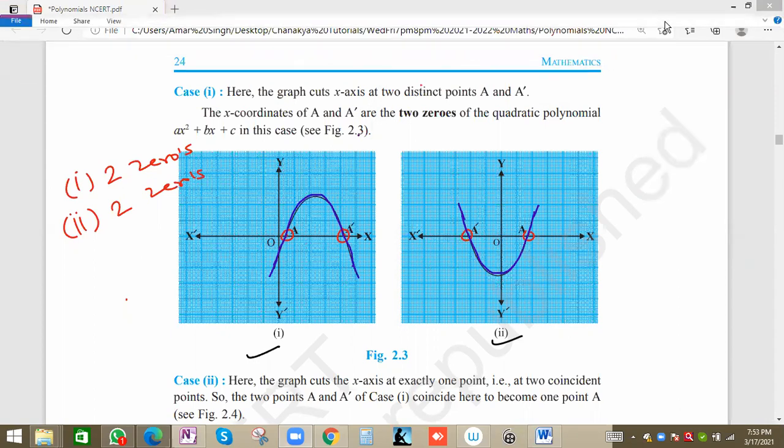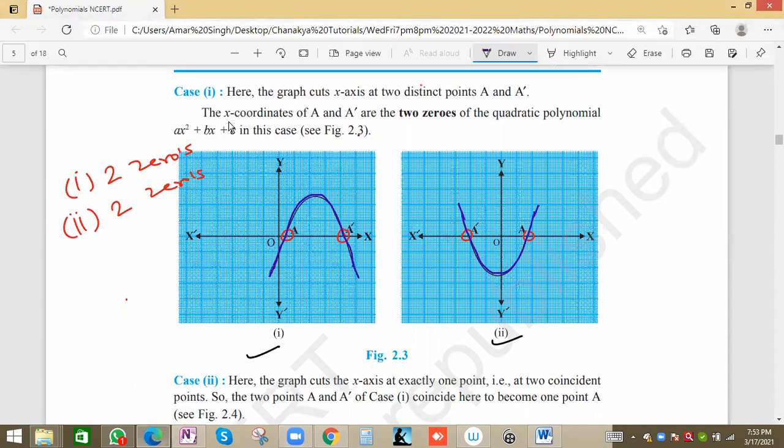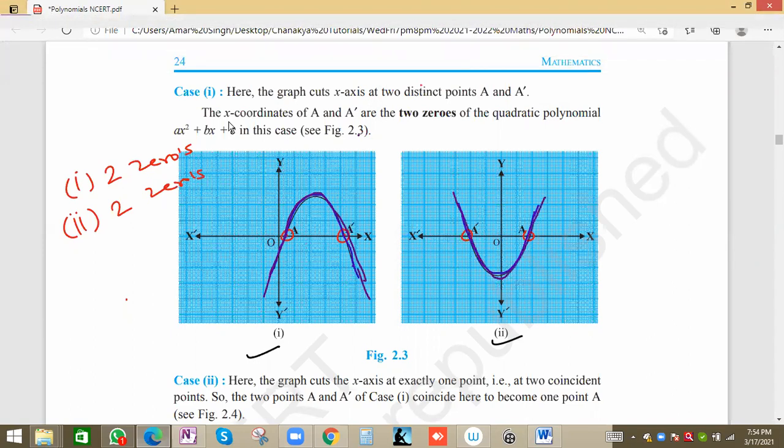Any point on the graph? See, the nature of the graph. If you observe, the first one is going downward, it's opening in a downward direction, and the second one is opening in an upward direction. So what can we conclude about the value of a? Because this is a quadratic polynomial, we call this graph a quadratic curve or parabolic curve, or simply a parabola.